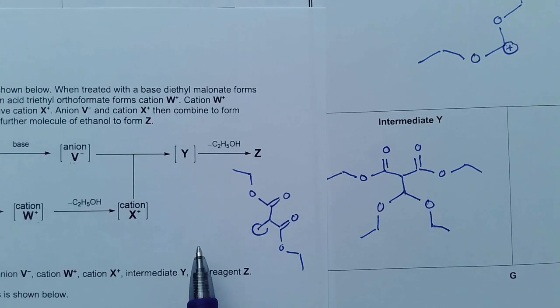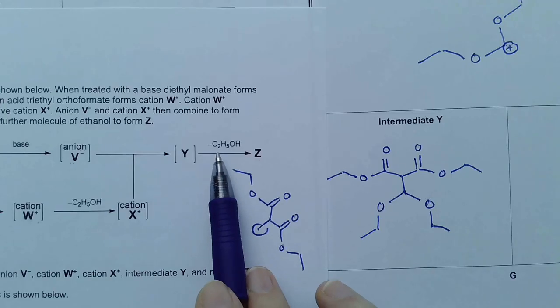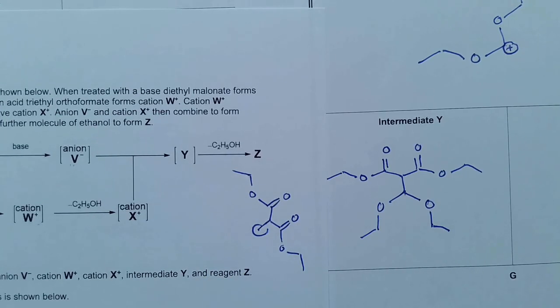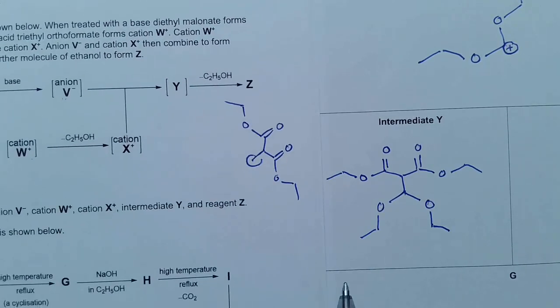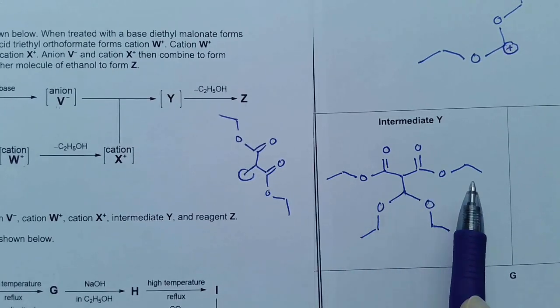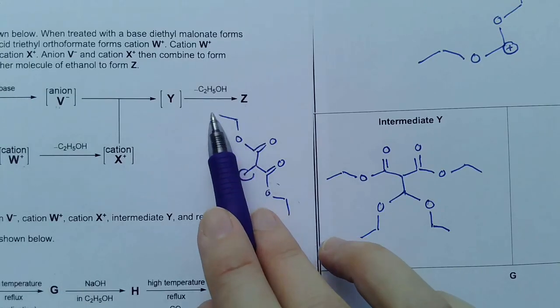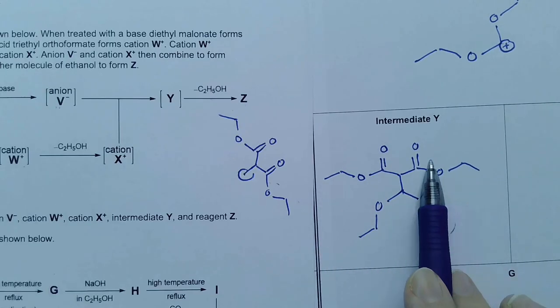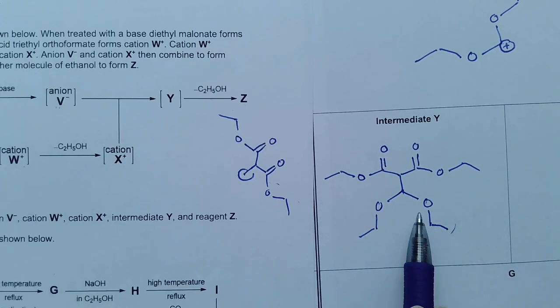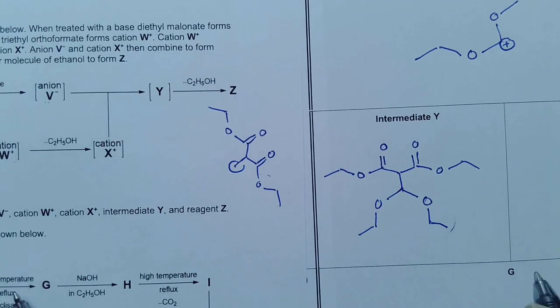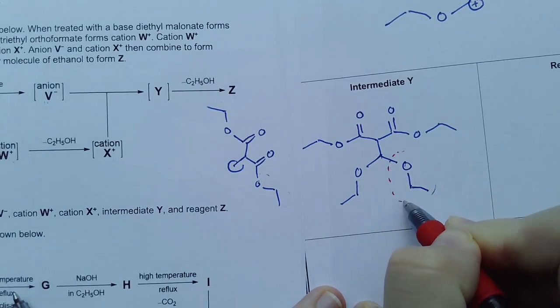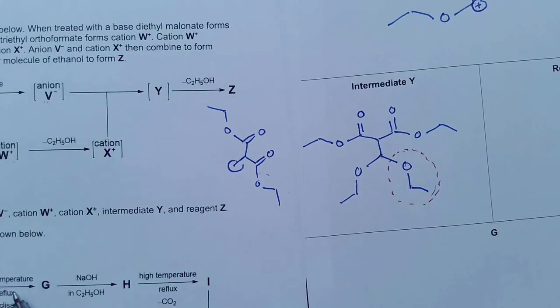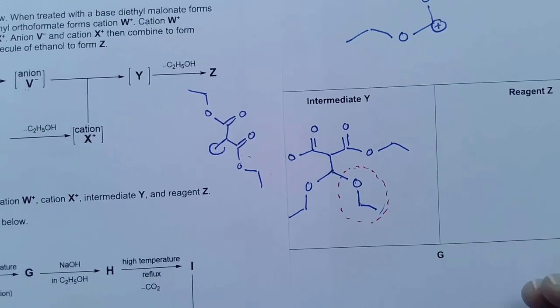And then I take off another alcohol. So I know that this alcohol cannot come from either of these arms. It has to come from one of the legs, because this needs to remain intact. So what I'm going to do is I'm going to take off this. Okay, so I'm going to get